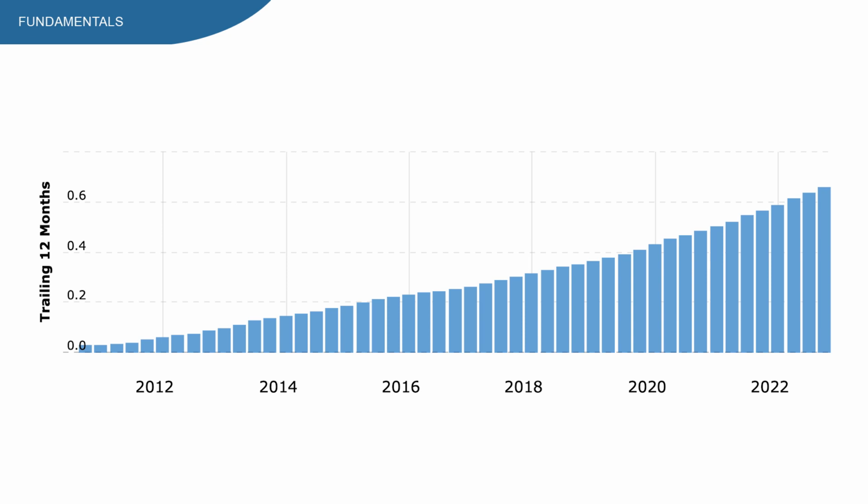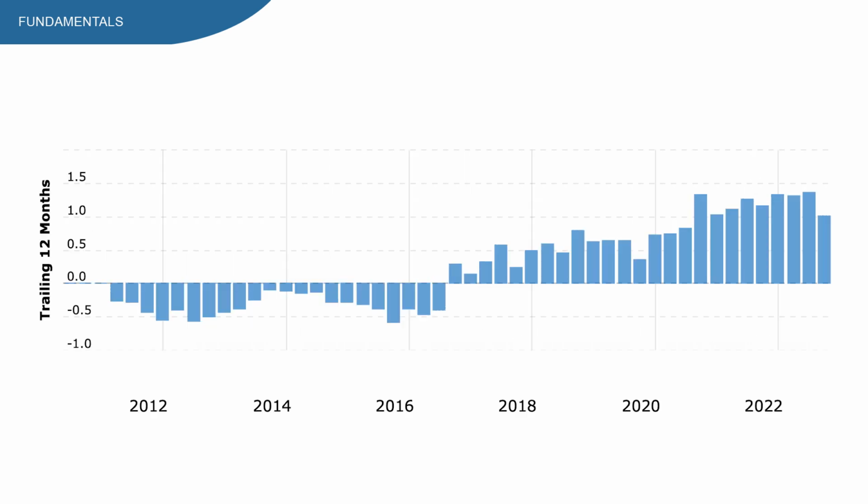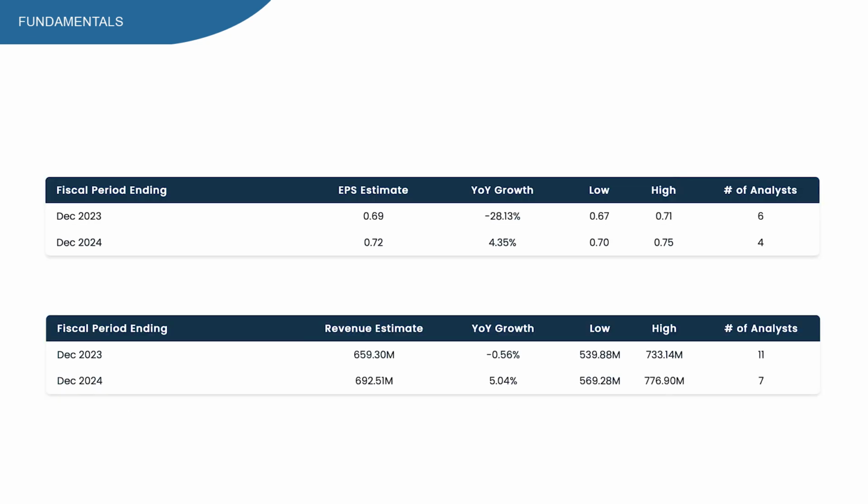It's really steady and consistent, which is something that I really like, especially with REITs. Margins are going up in the long run, but most recently they decreased a bit. This is something to keep your eye on. EPS is also going up in the long run, and it has to be said that for a REIT it looks pretty good. Analysts expect EPS to decrease quite a bit in 2023, but in 2024 it's expected to increase again at mid-single digits. Revenue is expected to stay flat in 2023, but in 2024 it's expected to increase also